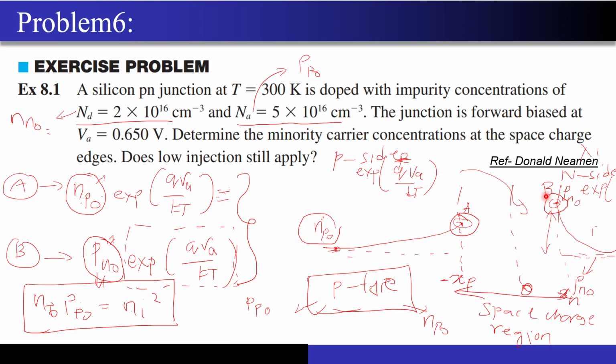The quasi Fermi level concept will come when you have forward and reverse bias, but far away from the junction, your semiconductor material is still in equilibrium, right? So to find out this equilibrium carrier concentration, I use this mass action law. If you had asked me, can I use the same near the junction or inside the depletion region, then I would have said no. But since I am using it only to find out the Np naught value, and this Np naught is far away from the depletion region, I can still use it actually. Was it clear? Okay, great.